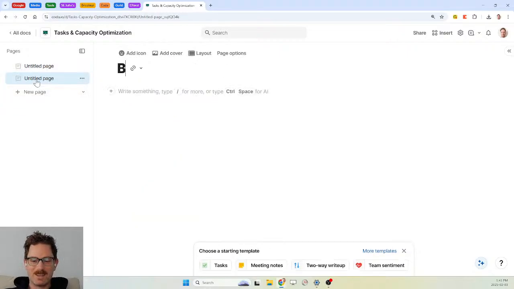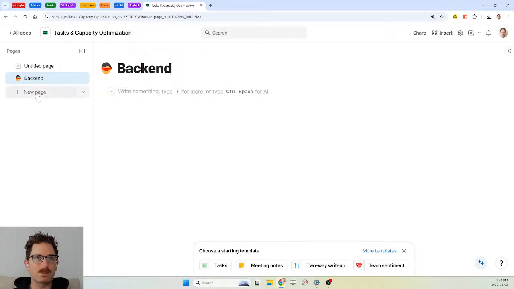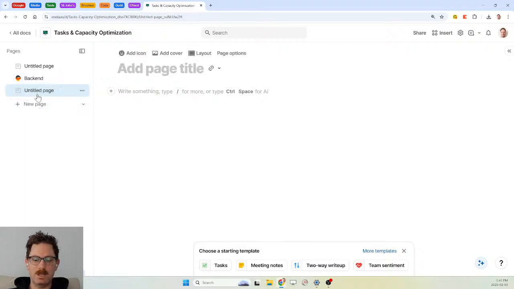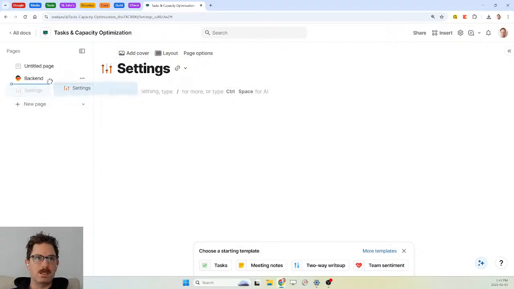Anyway, okay. Let's add a backend because we need that. And I always find this little person with the blindfold. Love that guy. And a settings page because I invariably need my